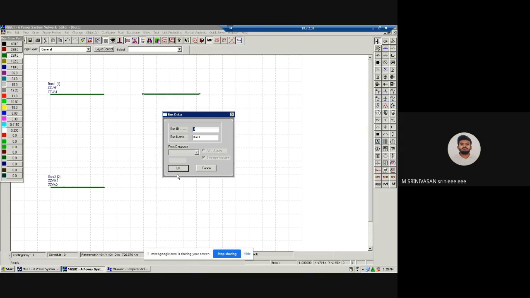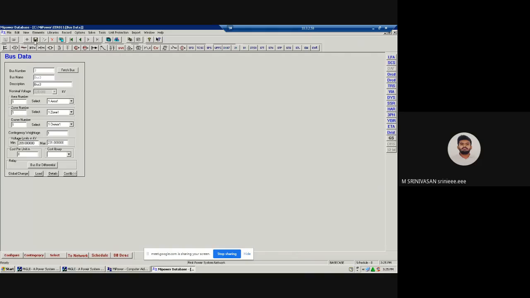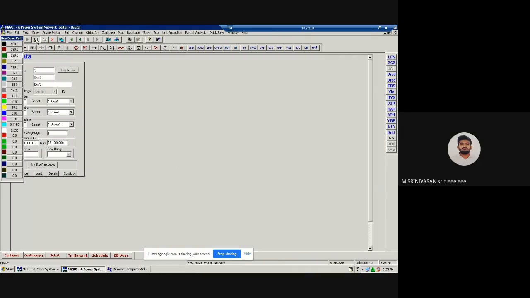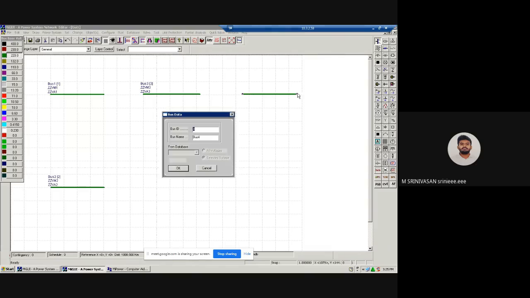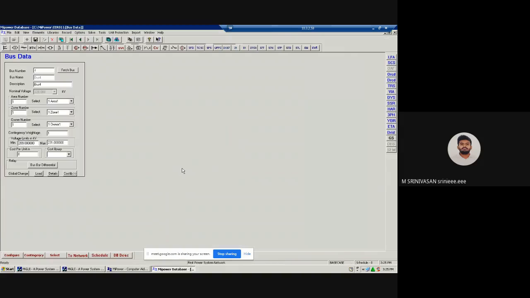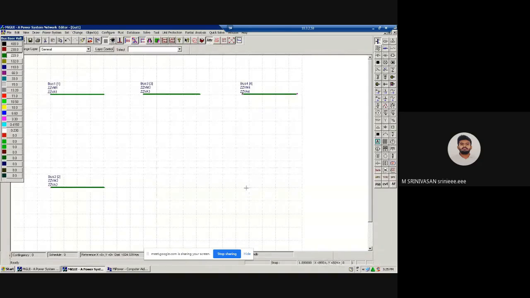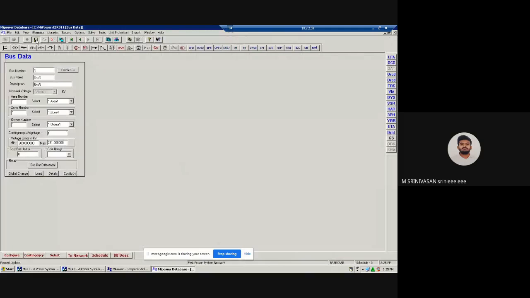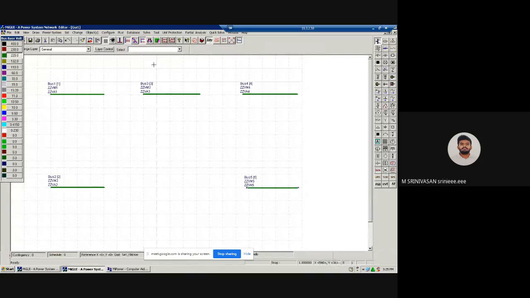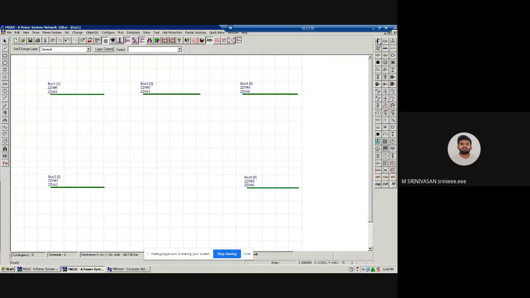You have to draw bus 3, then click OK, then update record. Then draw bus 4, click OK, then update record. Then bus 5, click OK, then update record, right? Once you complete the drawing of buses, we have to draw the